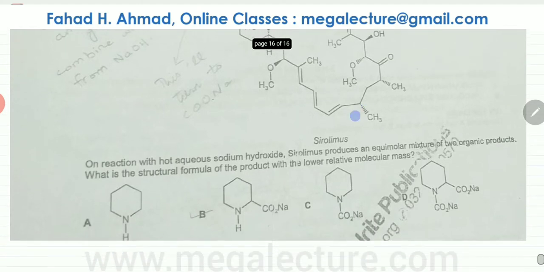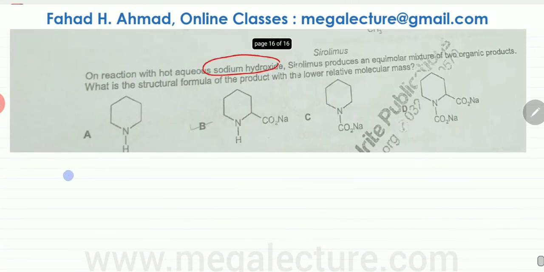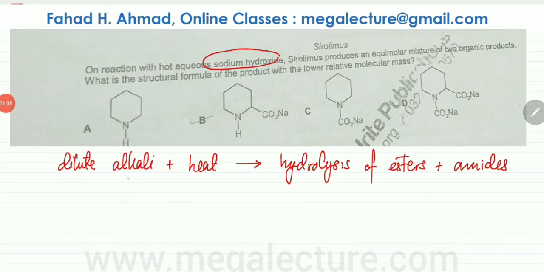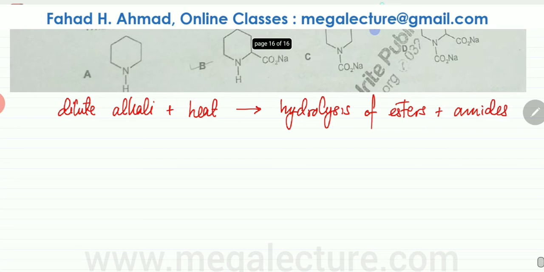The first thing I'm going to start off with is that I need to figure out what happens when you heat it with aqueous NaOH. So let's talk about that first. NaOH dilute, specifically the hydrolysis with dilute alkalis, and if you're heating them, so that's hot aqueous NaOH, that's a dilute alkali, and it leads to the hydrolysis or breakdown of esters and amides. So just a little brief comment on the hydrolysis of esters and amides.